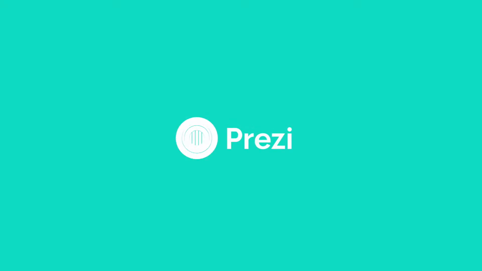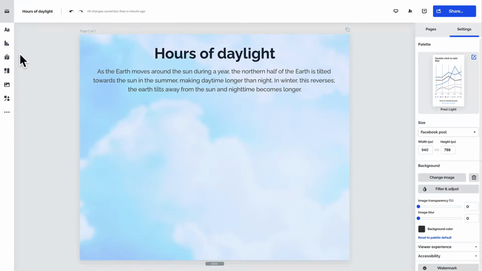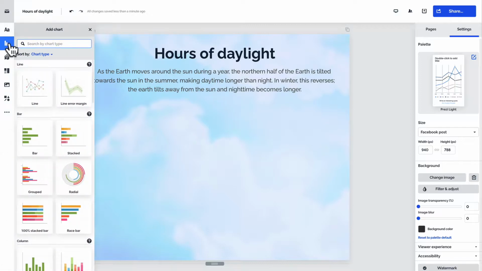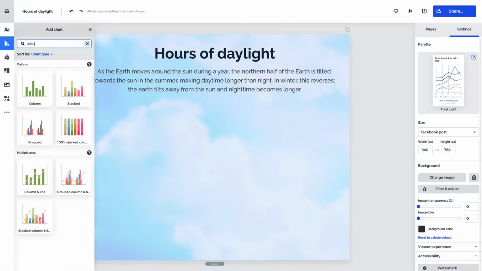Here's how to make your stats stand out by adding one of more than 40 charts to your project in Prezi Design. To add a chart to your design, from the toolbar on the left, click Add Chart. You can either browse through the list or search for a specific chart. Once you've picked a chart, add it by either clicking right on it or just drag and drop it onto